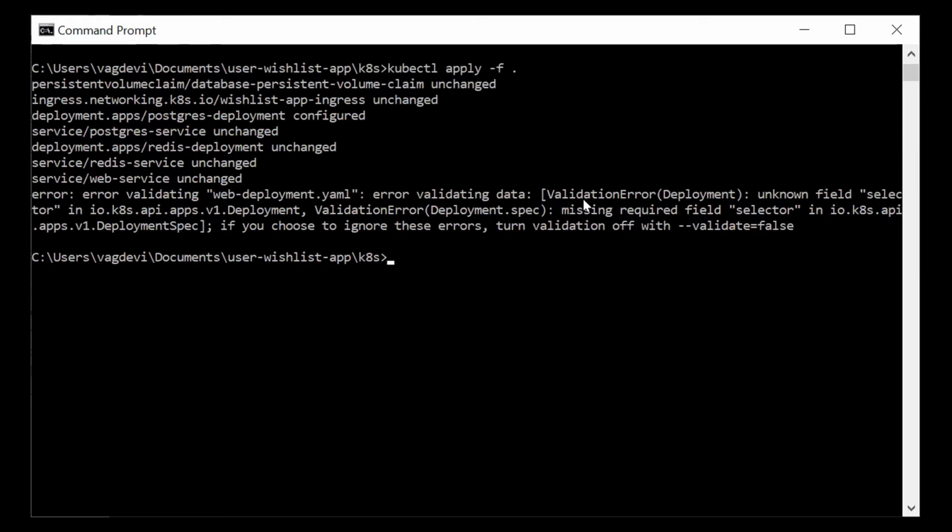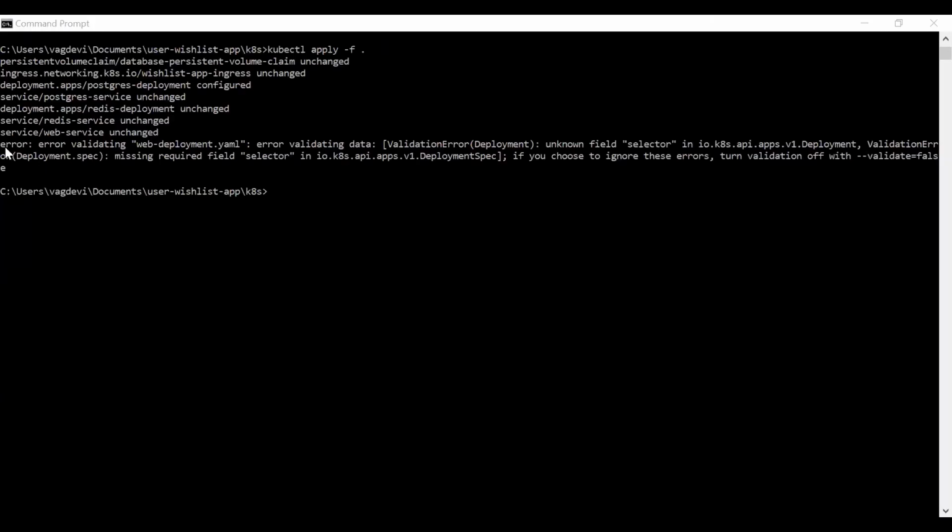Okay, so it shows unknown field selector, missing required field selector. Okay, so it says error validating data: validation error of deployment, unknown field selector in apps/v1 Deployment, and validation error for deployment spec, missing required field selector.